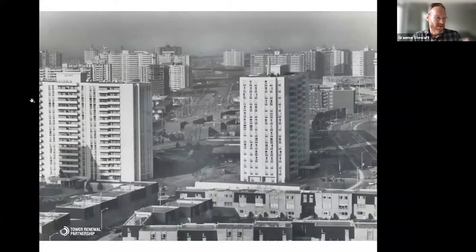So as promised, we're here today to talk about deep high-rise retrofit. We're going to focus on a case study, the Ken Soble Tower, which is a recently completed retrofit project, and also the context for this, which is really, with the image in front of us, the fact that Canada has an enormous amount of rental high-rise buildings from the 50s and 60s that are now really due for retrofit